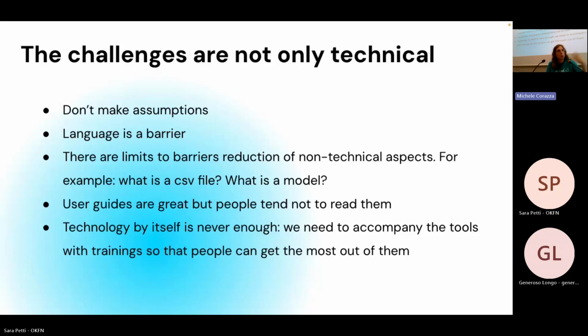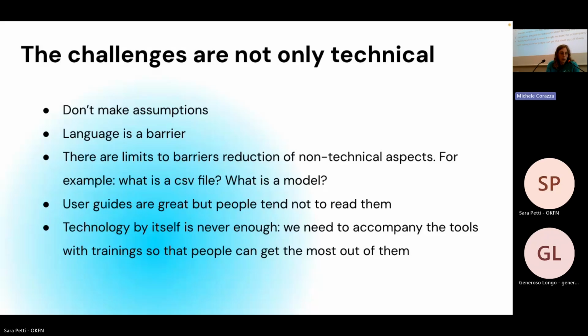And then last but not least, technology by itself is never enough to solve a problem. So with Open Data Editor, we try to solve one problem, which is data validation. But for people to really make the most of data, we need to build tools, but together with the tools, we need to make trainings available so that people can really get the most out of them.